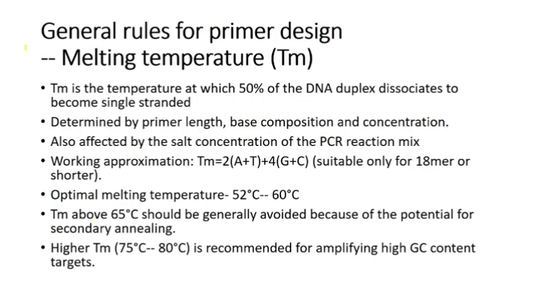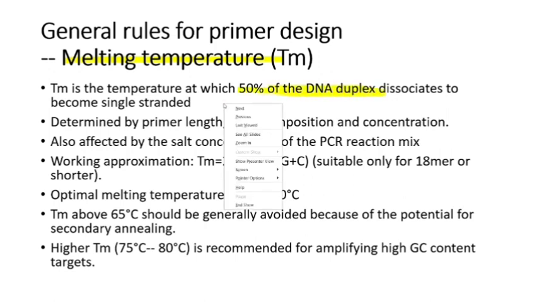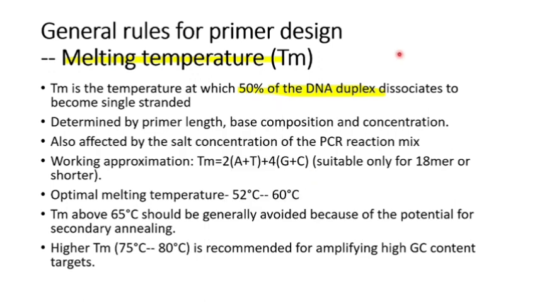Second rule, the melting temperature. Melting temperature of the primer. The Tm is the temperature at which 50% of the DNA duplex dissociates to become single stranded. So Tm is a temperature at which